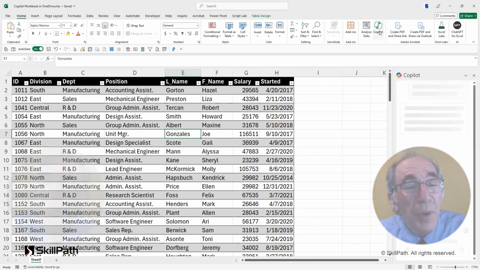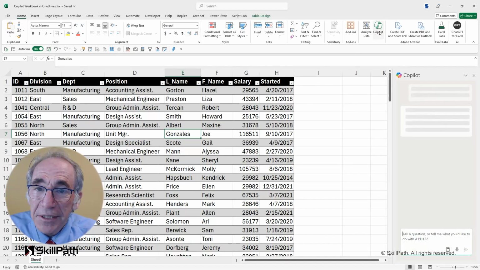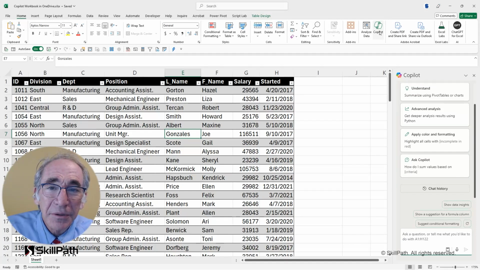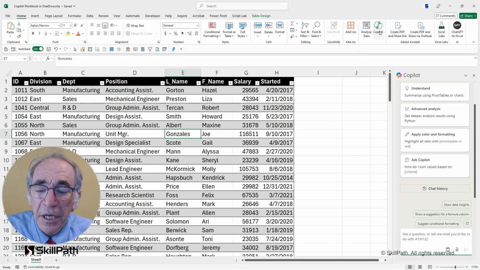It opens up the Copilot pane on the right side of the screen and starts to give you buttons and objects to work with that analyze or add on to the spreadsheet that you're working with.